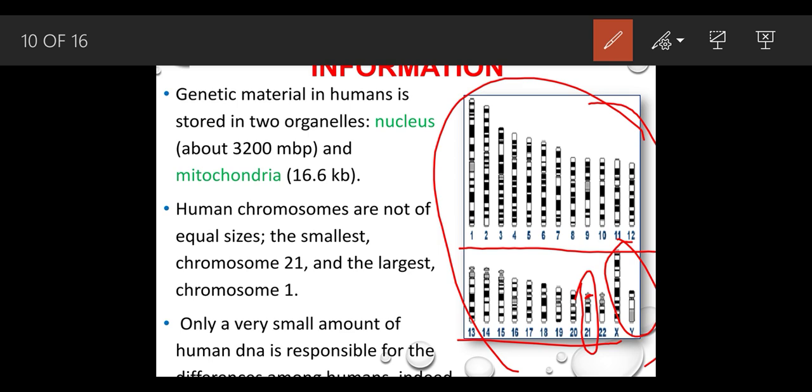For your 21, may problema ang chromosome na sa X, tapos kan may sa 21 nga ika-21 pair tana,